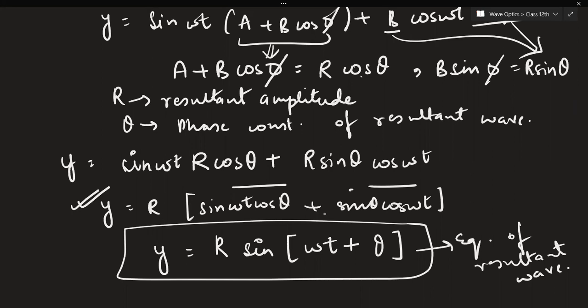This is your answer. Your answer stops here also. This is the additional equation that we have studied. This is the main equation that we have studied, the equation of the resultant wave. So R (sine omega t cos theta plus sine theta cos omega t) is equivalent to this. So instead of using the second last equation, you can directly use this equation as well. Understood, Khalid?